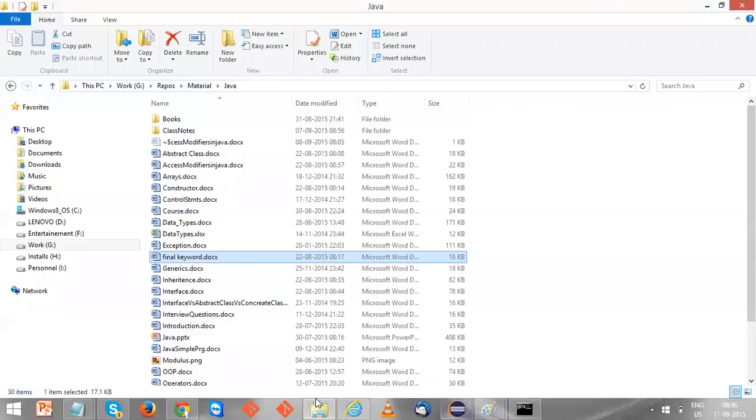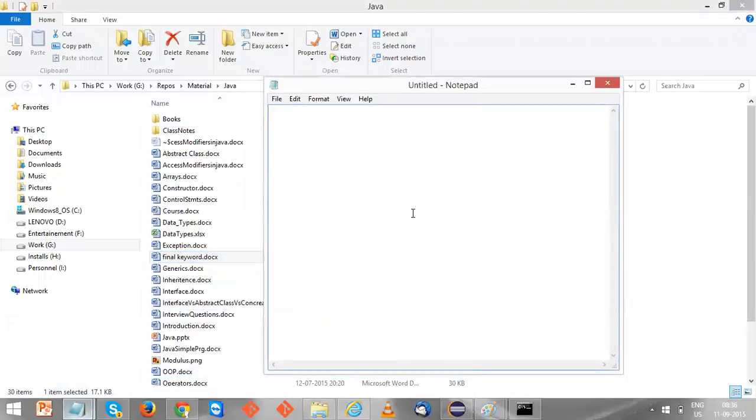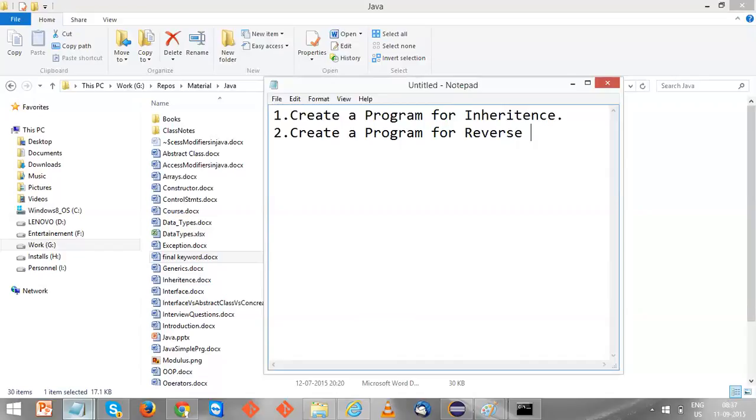Before that, let's take some assignment here. Create a program for inheritance. First one, create a program to reverse a number. For example, 1 2 3 4 5. Output should be, given a number 1 2 3 4 5,